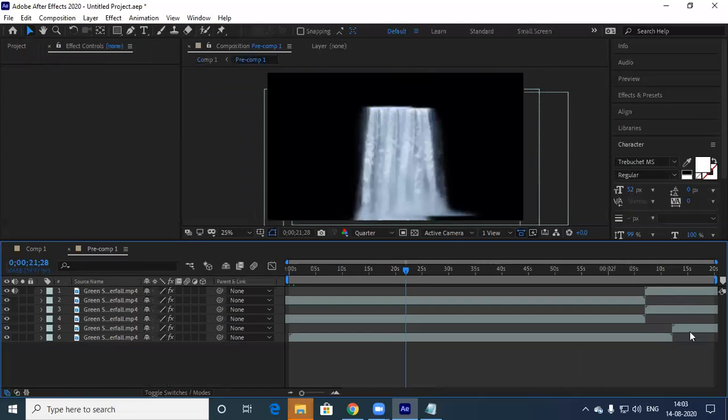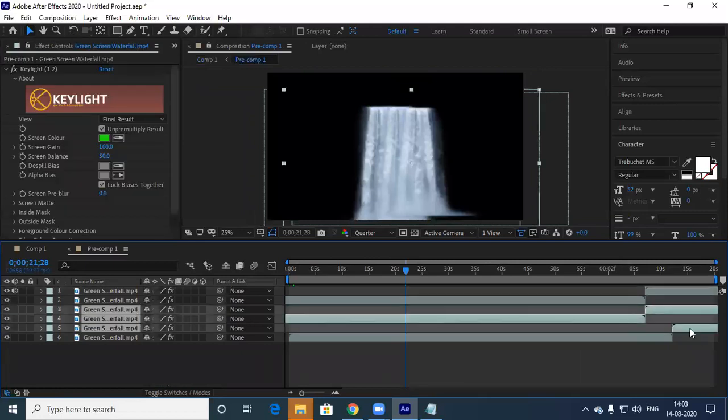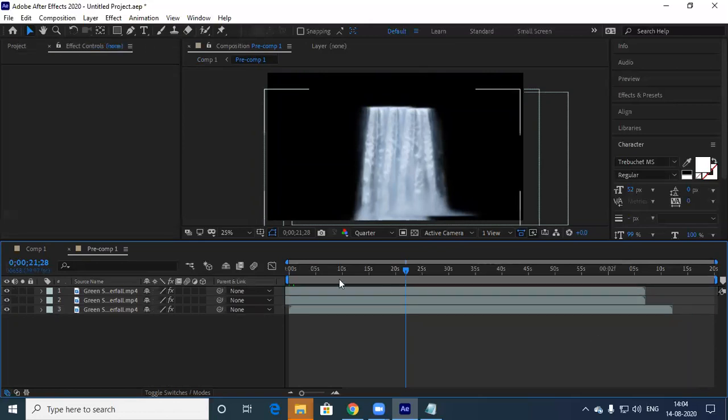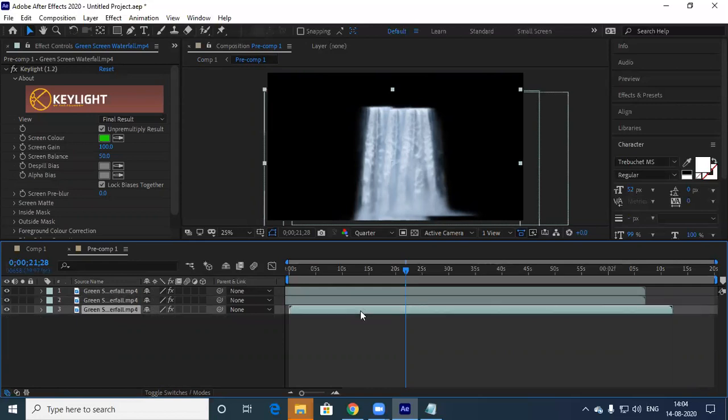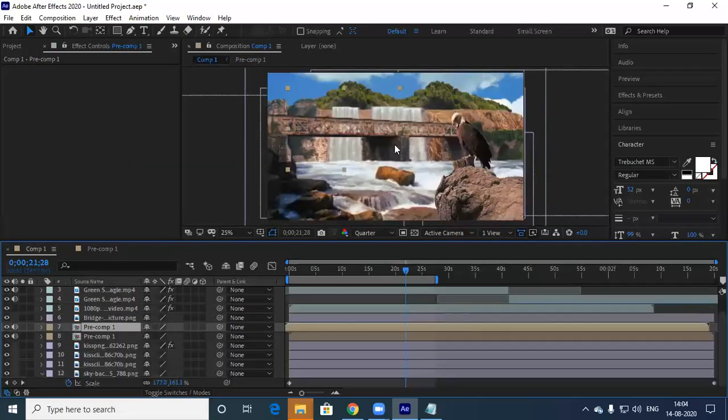So anyhow, this three not required. This additional thing you can delete. So you can have only these things. So here, just make it properly. Now go to comp. This looks like this.